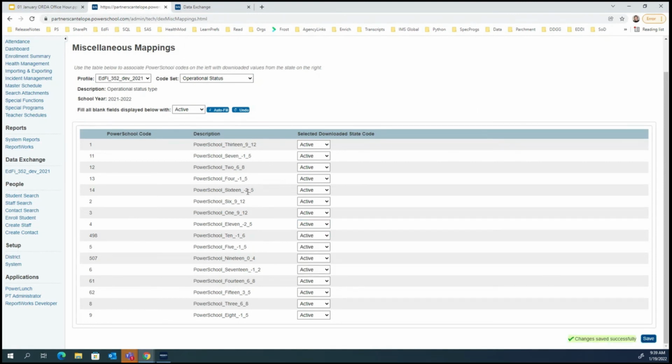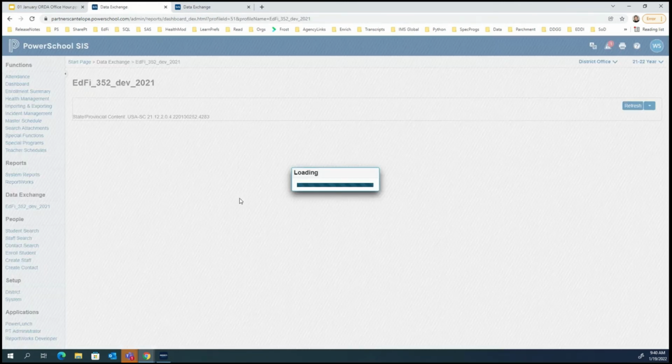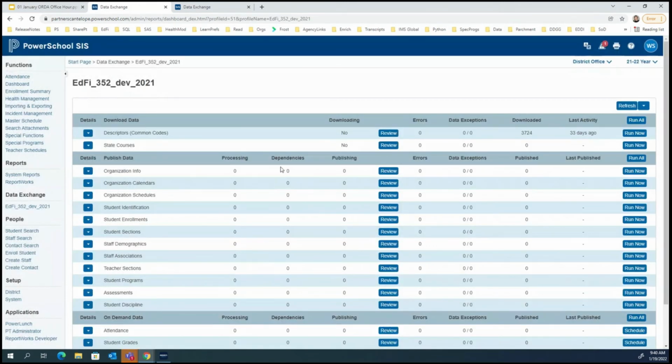Okay, is there anything else on code set mappings that we need to talk about before we go back? I don't think so. There's a question if the code set mapping will carry over to a new profile, and I don't think we've gotten a firm answer on that and haven't tested it out yet. So that one's a question mark, Buster, and we'll figure it out. Yeah, that is a really good question. We'll make sure that we get clarity on that one.